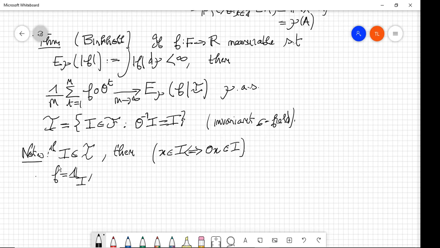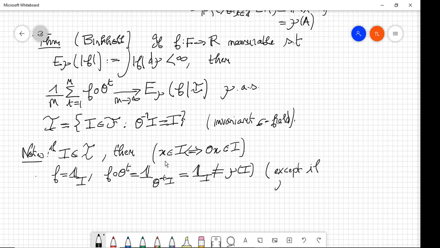And here, if you take this kind of indicator function, when you look at f composed with theta t, you simply obtain the indicator of theta minus t of I, and due to the invariance, it is equal to the indicator of I. Okay, and you can see that this empirical average is always equal to this indicator. And this indicator is different from the measure of I in general,